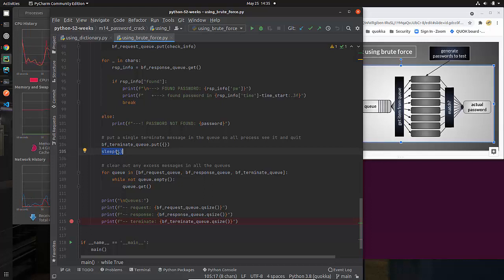So I put a sleep in here. I do not like this. I probably would have spent more time on it if this was a real project, but I found that just doing a sleep of 1 second has always caused it to work.